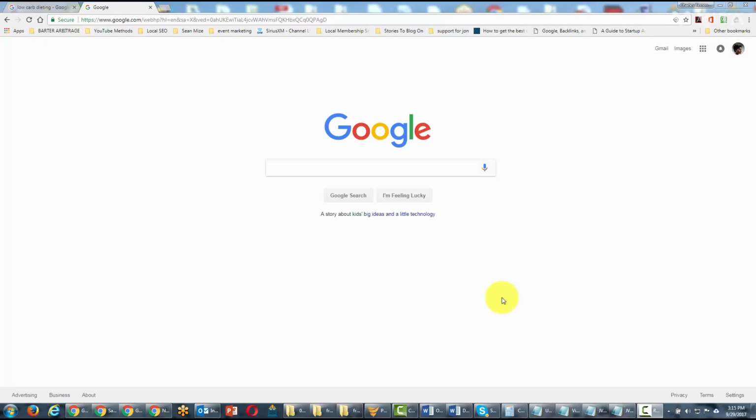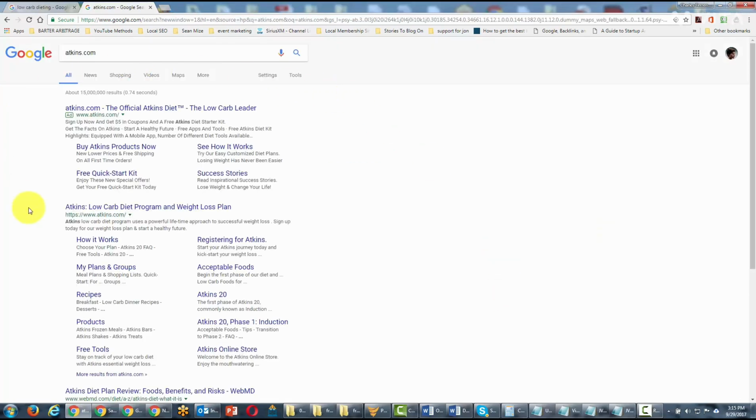One way to use the search engine is to find sites that are going to be related to the one that you're actually doing research on. So in this particular case, if we were to write in the site Atkins.com, we would find that all of the results would be focused around the site, as it should be. However, what we could also do is use a search parameter called related. We're going to write in related and then colon, and we're not going to leave any spaces behind the colon.